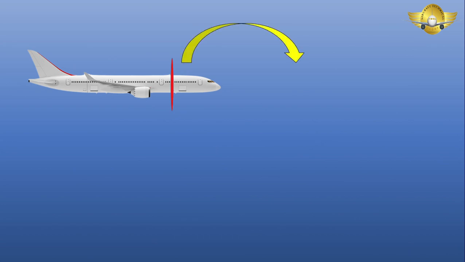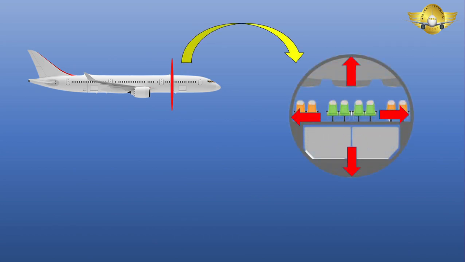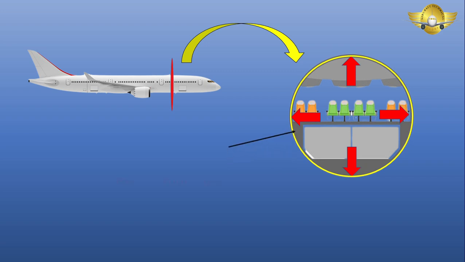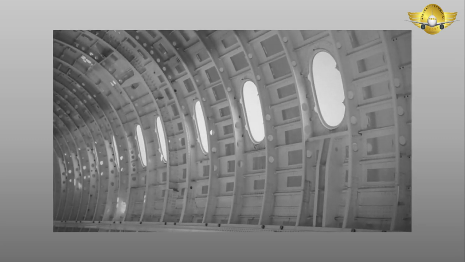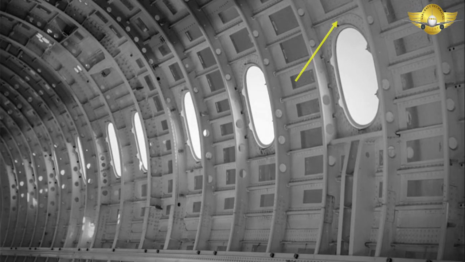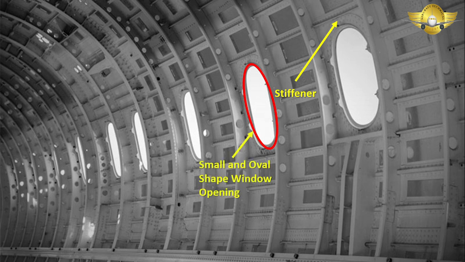Due to aircraft pressurization, there is a difference between atmospheric and cabin pressure. As a result, pressurization load will develop and act on the inside of the aircraft structure. To take the pressurization load effectively, the aircraft structure must be strong and the opening in the structure should be as small as possible and stiffened around the opening for structural stability. Aircraft windows are smaller in size to ensure minimum pressurization load acts on the window, and the window openings in the aircraft structure are oval in shape to prevent stress concentration points.